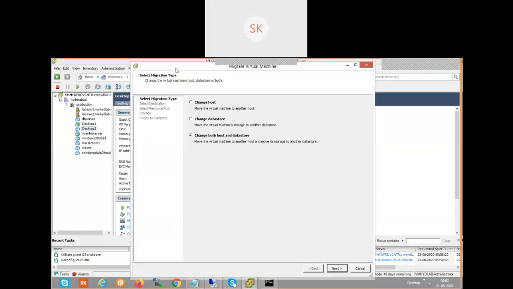Now what I'm going to do is migrate from ESXi host 1 to ESXi host 2. During this migration, it is not going to take much time because it is going to change the pointers. That's it. It is going to change the pointers from ESXi host 1 to ESXi host 2. Let's do it. Select, choose here host, change host. Next,